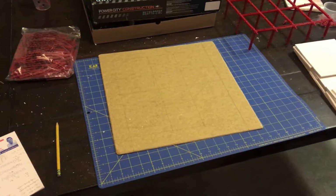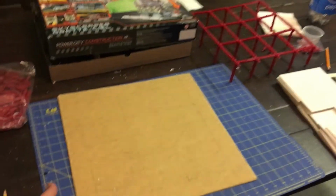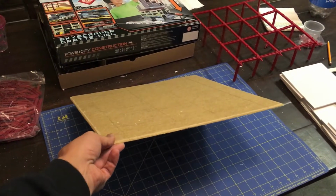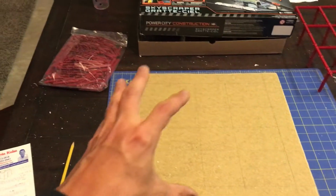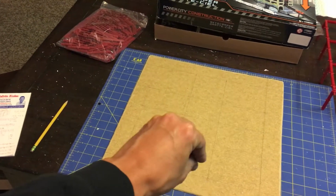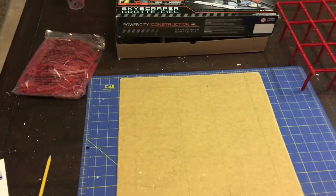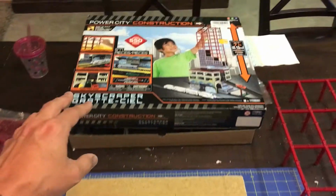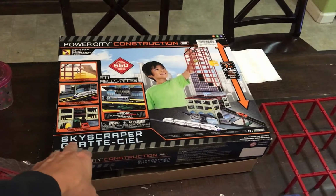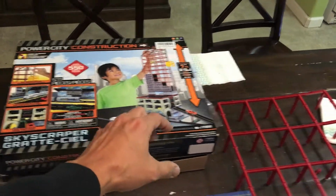Another update here. As you can see, I've taken my sheet of MDF and I've beveled the edges. The next thing I did was I went in and I lightly roughed in on pencil the layout of the building I wanted to make. Next step was I took this Power City construction set, this toy building thing for